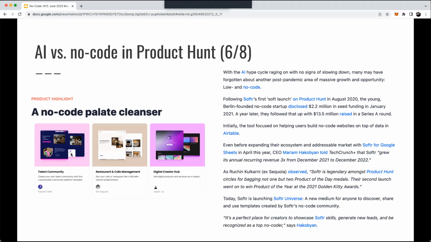And I think it's just kind of interesting how AI has taken all the headlines in the last 6 months, and no code was actually the main topic of conversation prior to that, I think, in Product Hunt and other communities. So it's just to show that there's still a lot of development happening in the no code space, even though AI is taking all the headlines. And there's a lot of cross-pollination, obviously. But yeah, hopefully this shows that no code is still a very big movement despite all the headlines you see about AI.